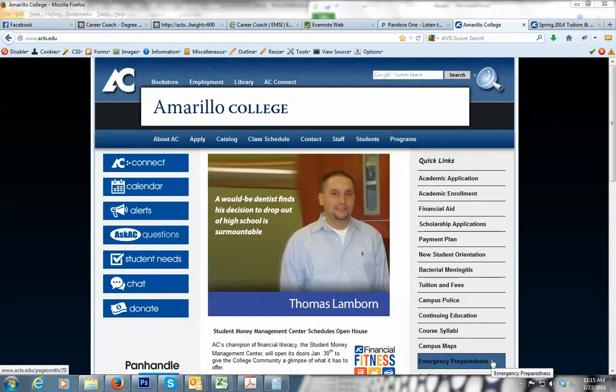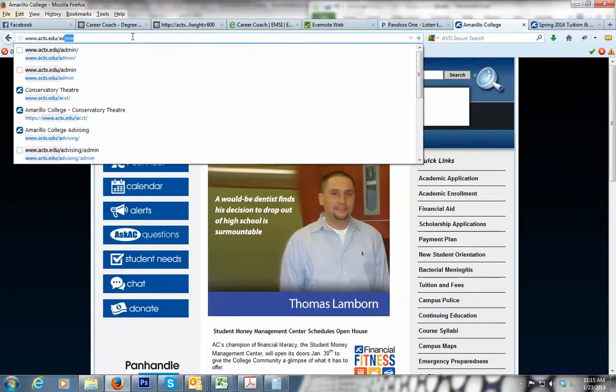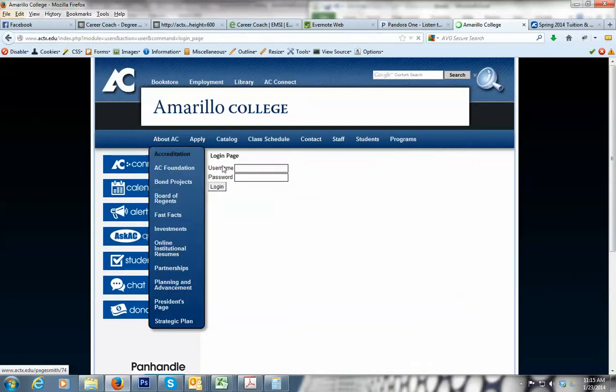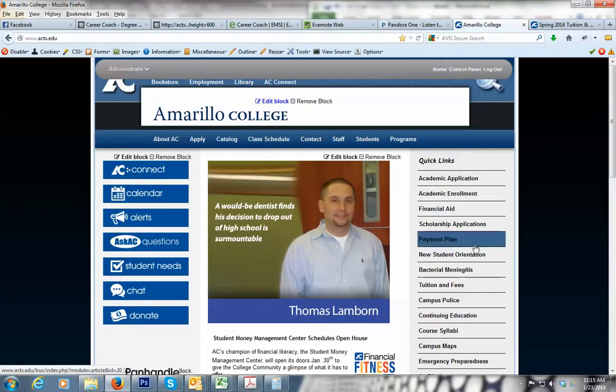So what you'll do is you'll log into the main website. Now normally you would be logging into a branch like actx.edu/admission/admin or something like that. But to log into the main branch, you're not going to put in a branch at all. So you're going to type in actx.edu/admin. You're going to use your ACNet ID to log in. And once you're logged in,